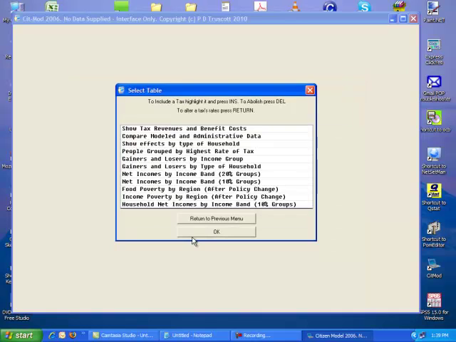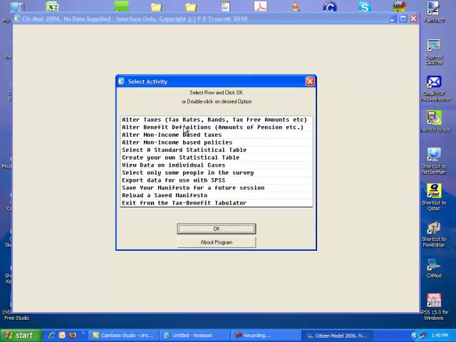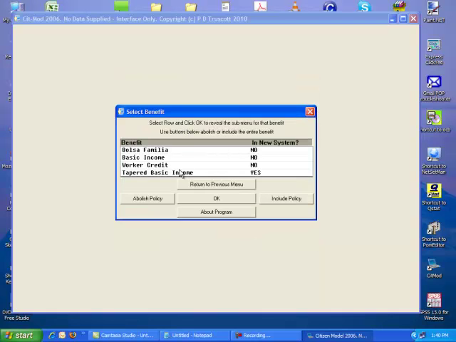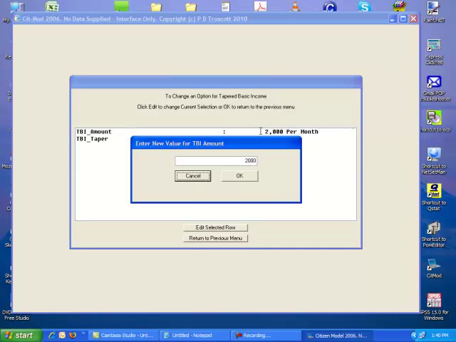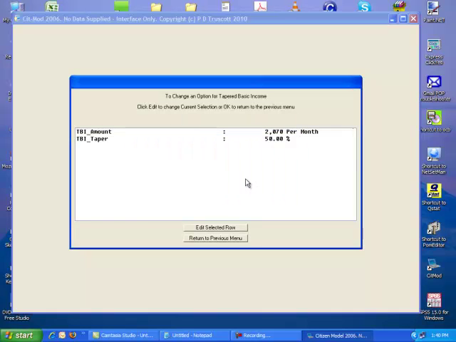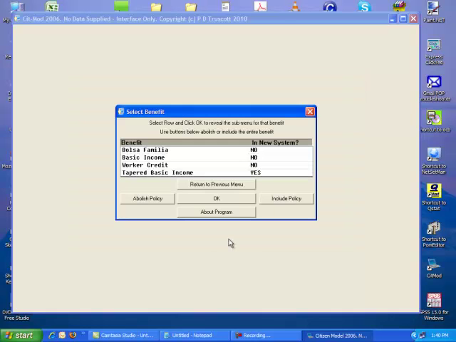So I'll click return to previous menu a couple of times, and let's alter that monthly amount of basic income to try to bring the budget more into balance. So I'll do alter basic benefit definitions, alter tapered basic income, and I'm going to change this to 2,070 pesos per month. And I happen to know that roughly leaves the budget in balance. Let's return to previous menu,